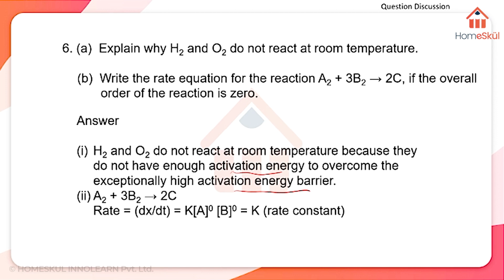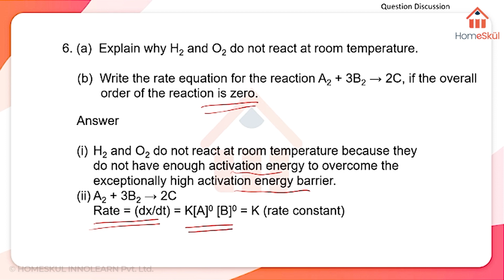Similarly, write the rate equation for the reaction A2 plus 3B2 gives 2C. This is a direct question, if the overall order of the reaction is 0. So here, note down that according to the rate of a reaction, we can write rate is equal to dx by dt, the rate of change of the concentration of reactant. Here we generally take it as x. So rate is equal to dx by dt, and since it is a zero order reaction,